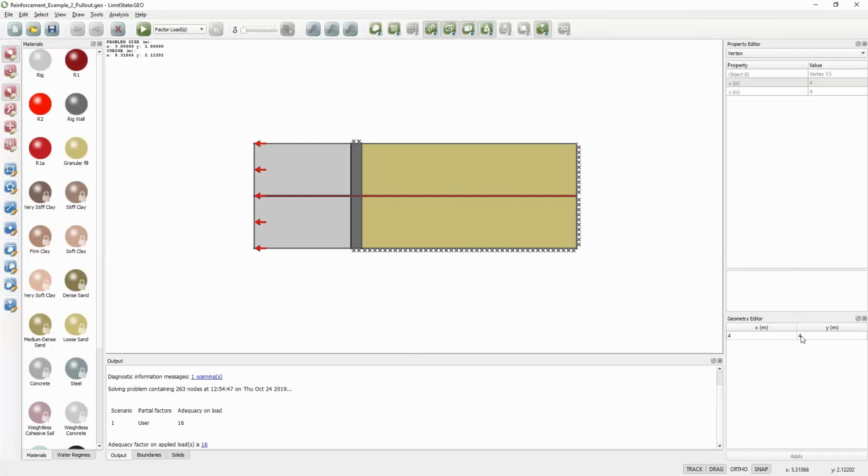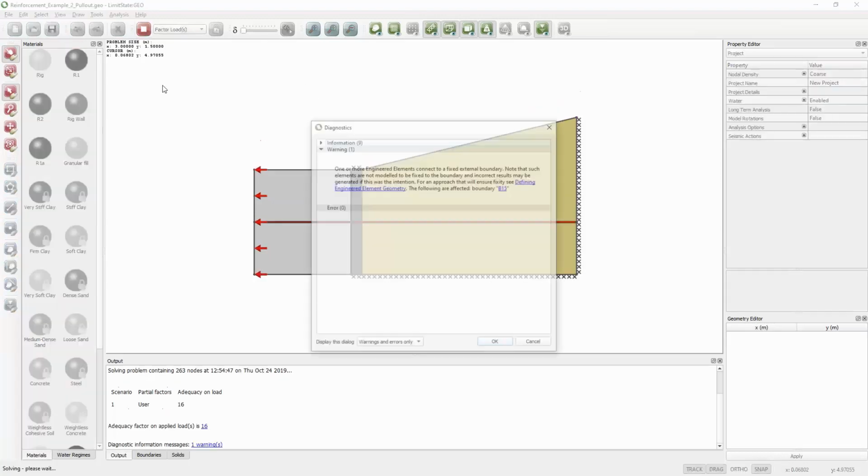So if I were to increase the height of this level here, what I've done is I've clicked on this corner, and I can see its coordinates are there, 4 and 4.5, 4 and 4, sorry. I can edit that value, make that 4.5, hit return, and apply that, and I've now put in a slope. So if I then solve that,